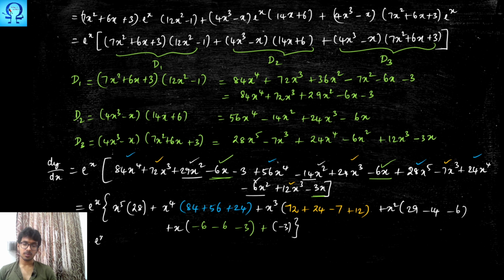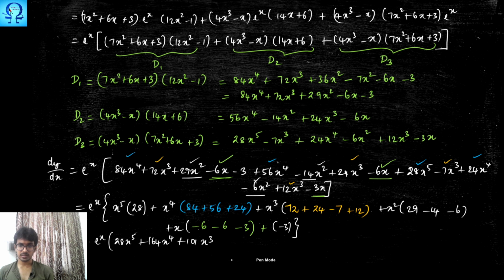It is e power x times 28x power 5. Now you can calculate these things, that is 84 plus 56 plus 24, and that gives you 164. So it is 164x power 4, and you have for x cube term, that is 72 plus 24 minus 7 plus 12, and that happens to be 101. So plus 101x cube,